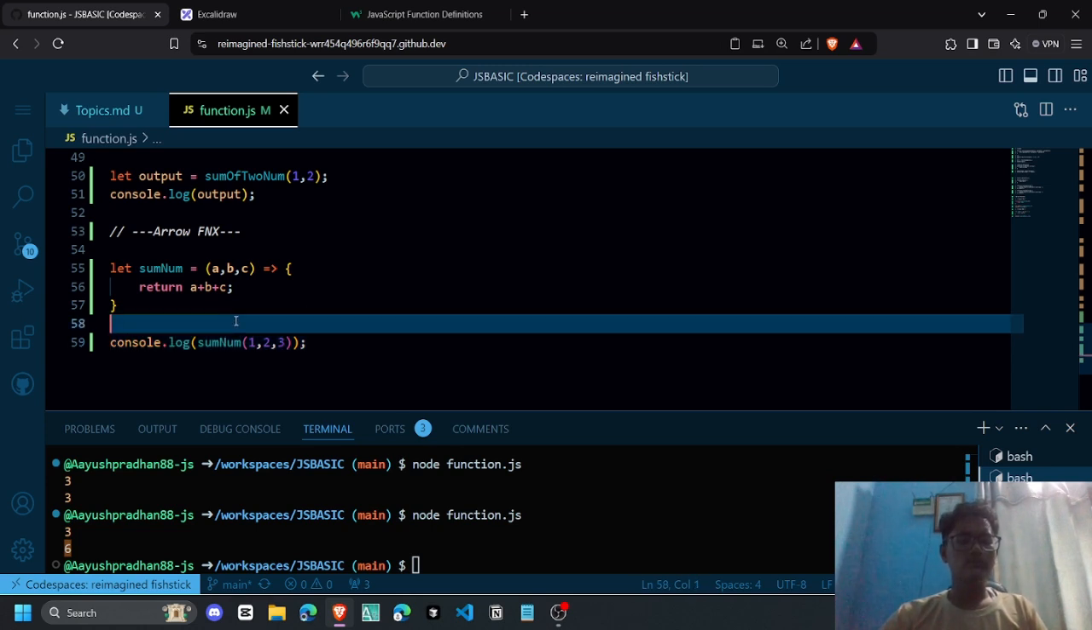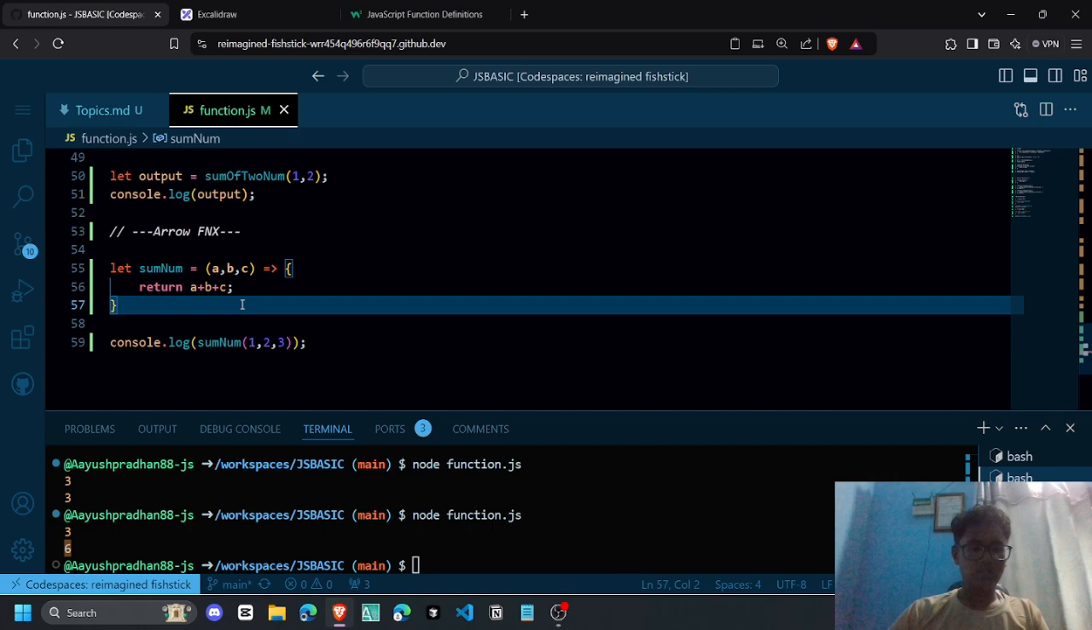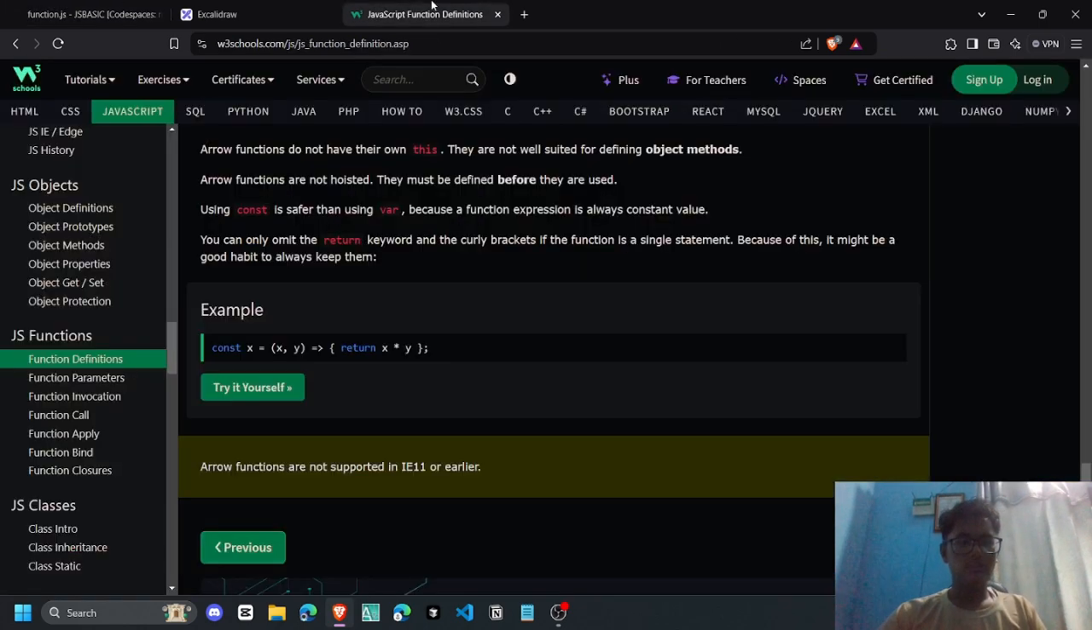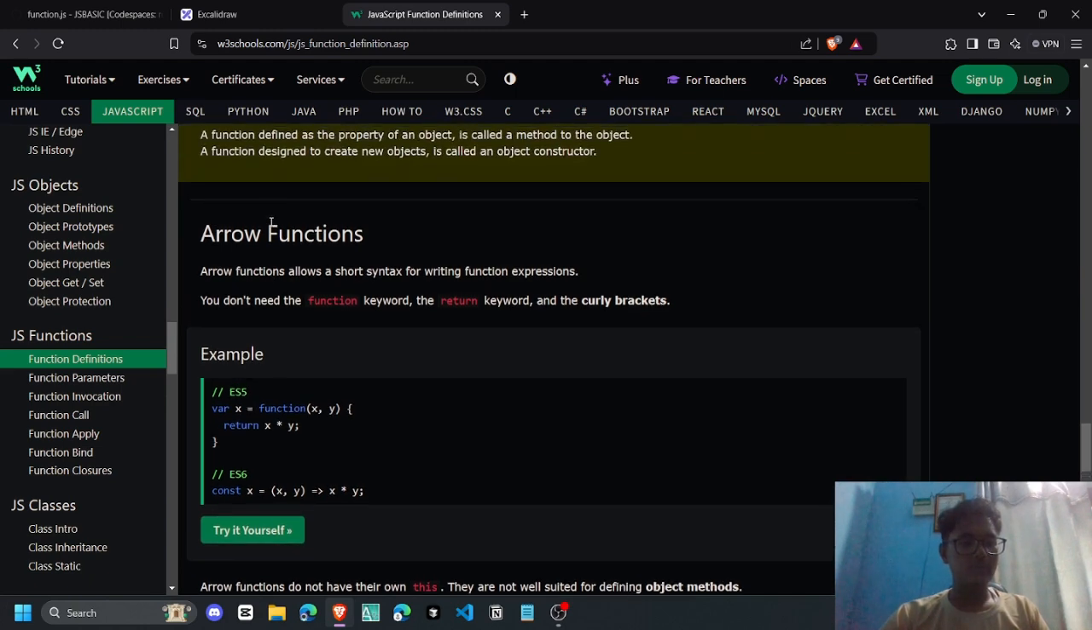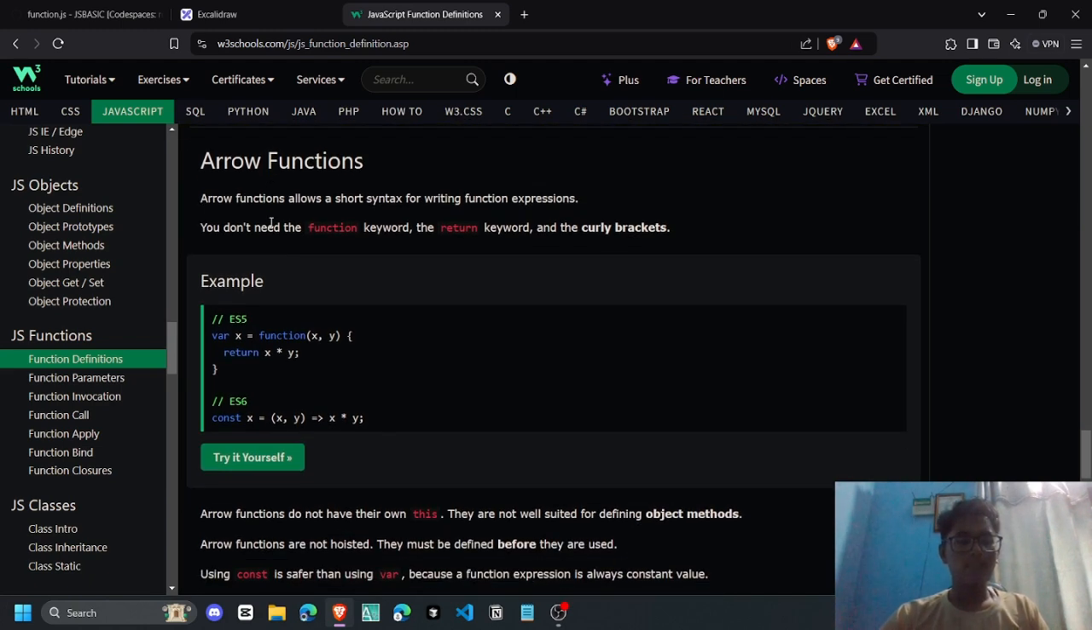Arrow function, like... I can search on one website also. That is the W3Schools website, which is the easiest way to explain any programming language, like web development to